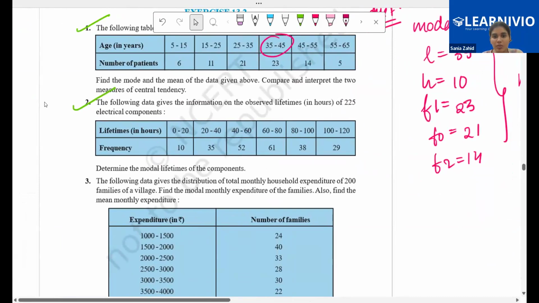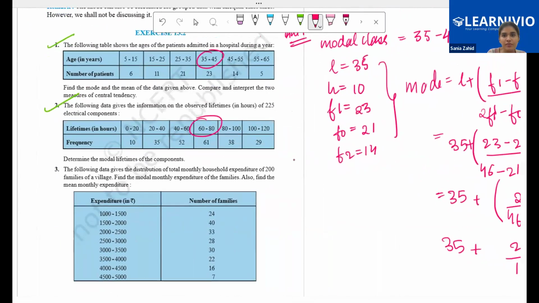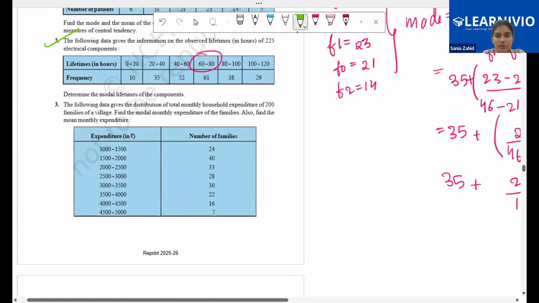Now the second one says the following data gives the information on observed lifetimes. Again, it's the same thing only. So your modal class will be 60 to 80. What is your answer? 62.81. Let's check. Mode is L, which is 60 plus